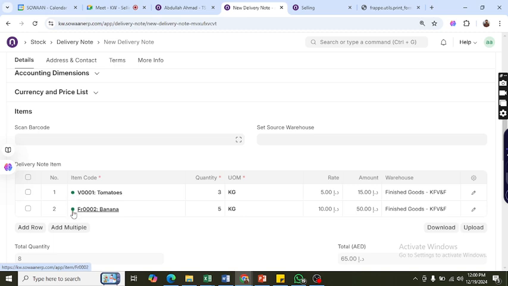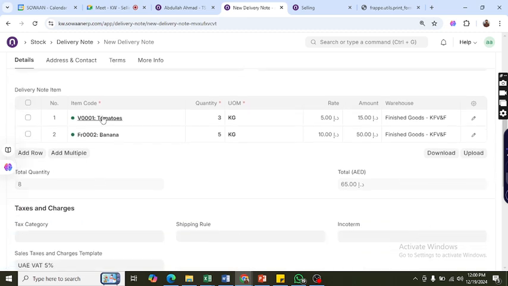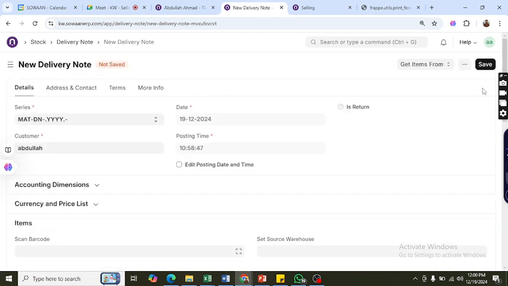See, the green color also shows you that you have sufficient stock available within your warehouses. So this is another way to know whether the item is available or not available within your stock. Your delivery person will basically check the delivery and the items, their quantities, available quantities, and the warehouse is there, and he will